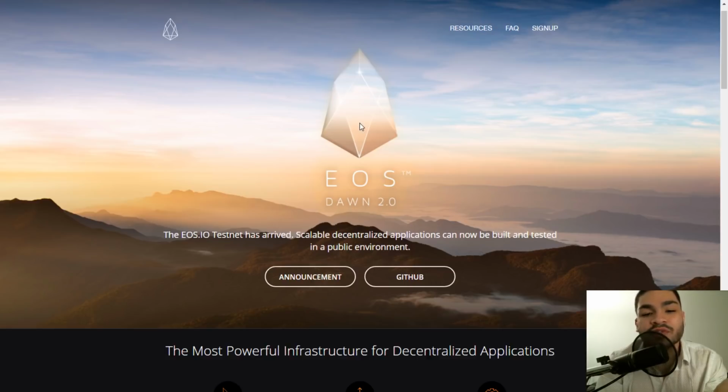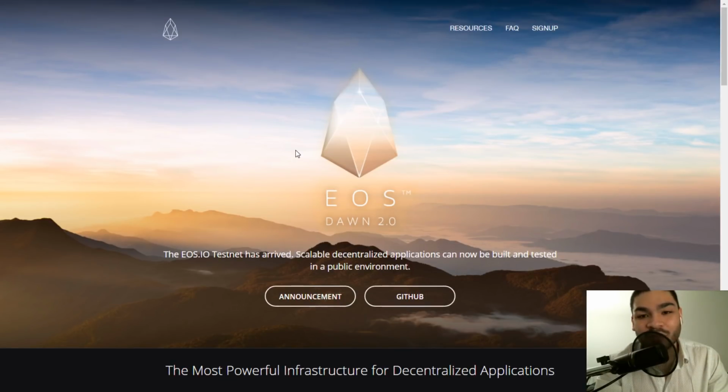I don't know if you can check out any of the apps on the test network right now. I'll probably look into that and see if I can get a first look at some of these EOS decentralized applications and what it takes to build them. And another thing, when the software first does get released, I believe this summer, it will be a single threaded